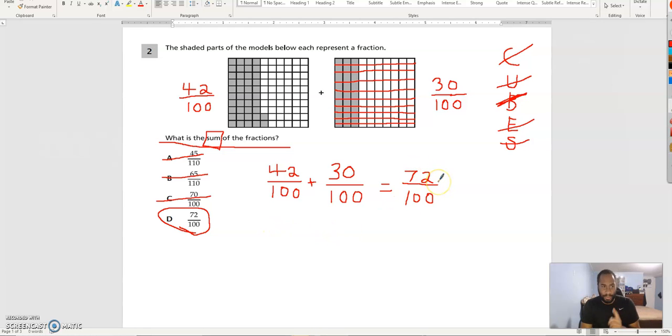Now, what if I asked you to change that into a decimal? How do you change 72 over 100 to a decimal? I'm going to show you. This is what you do. You have to divide and see how much times 100 goes into 72. I know a lot of you are like, hey, 100 can't go into 72. But this is what you do. Since we're dealing with decimal points, we put a decimal